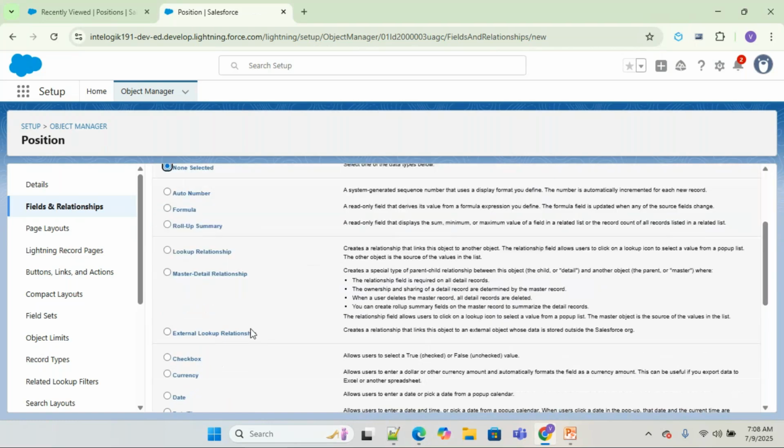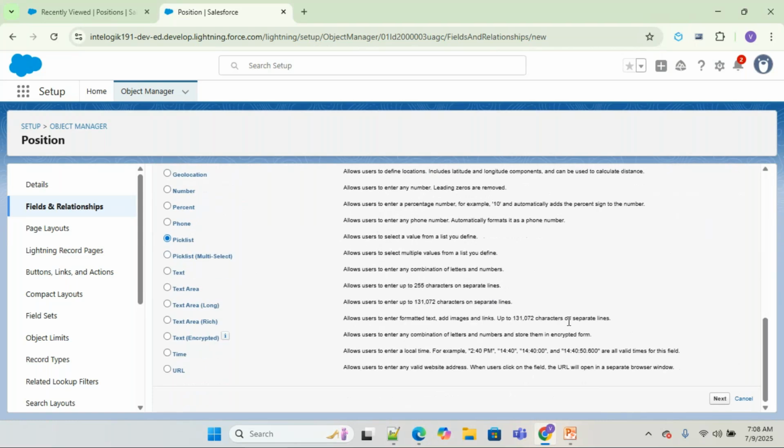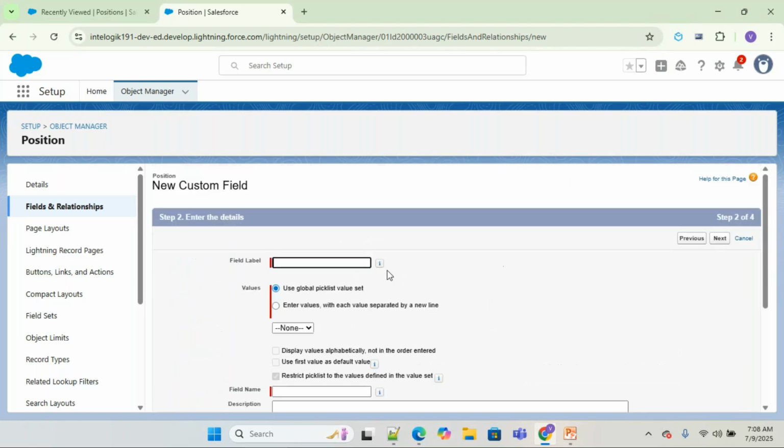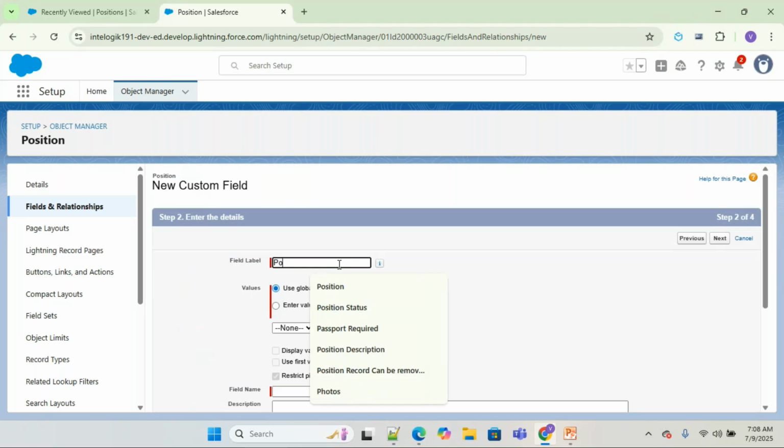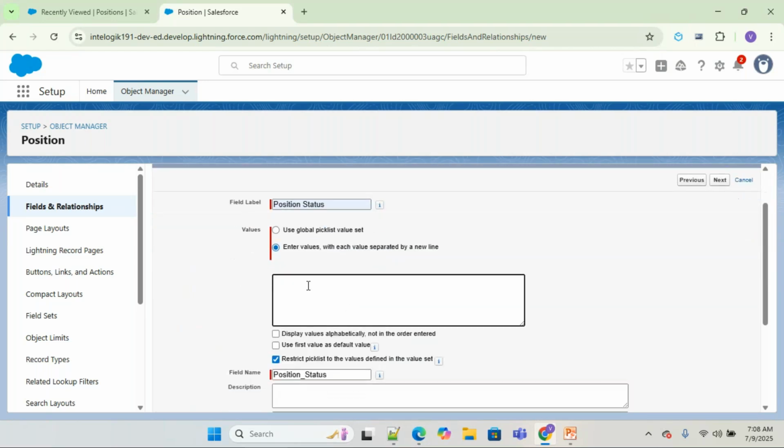Next, let's look into another pick list, where we will be going with that particular position status. So here we will go with this particular position status and then provide the various values. Now this is not something that we will be using in each and every object. So obviously we normally enter the values inside the given pick list itself. So let us go